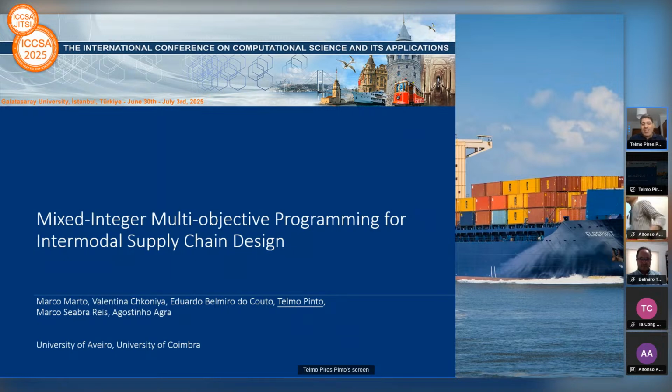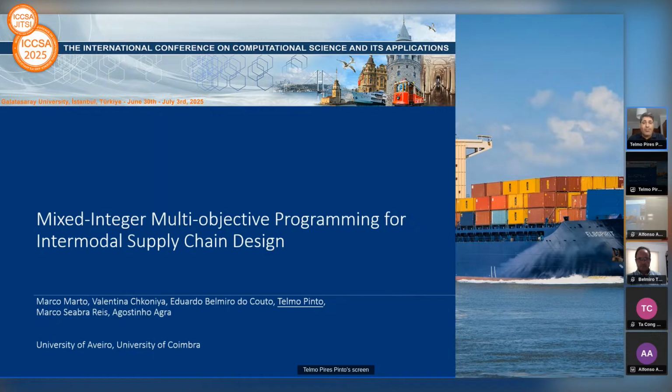Our presentation here today is entitled Mixed Integer Multi-Objective Programming for Intermodal Supply Chain Design, that we developed in collaboration with colleagues from the universities of Aveiro and Coimbra. This research proposes a mathematical model to support the intermodal distribution of soybeans and corn, as we'll see, from South America to Europe and North Africa, combining both cost efficiency with sustainability under some